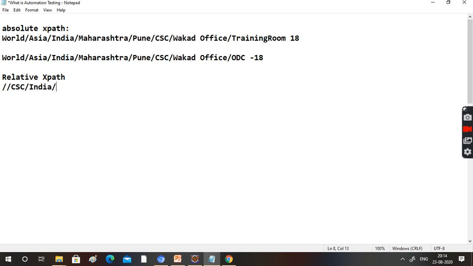And Pune. Do we need to mention India? No. Pune means it will be limited to only 5. In Pune also you can mention Wakad, only one office, Wakad office. Then you can mention Employee ID equal to something like 1, 2, 3, 4, 5. We can easily identify.